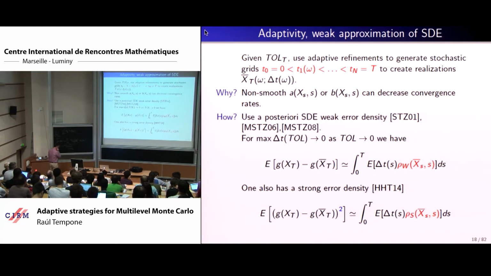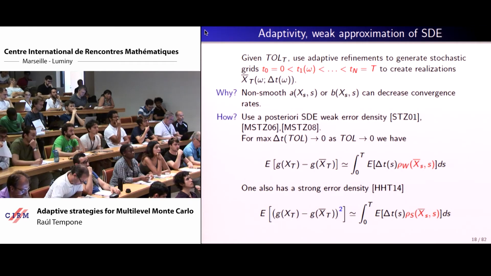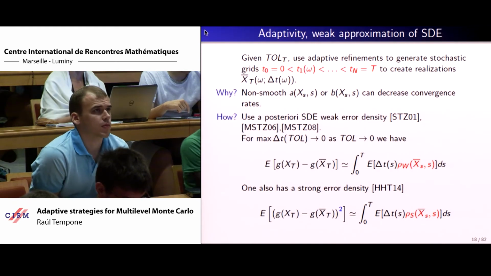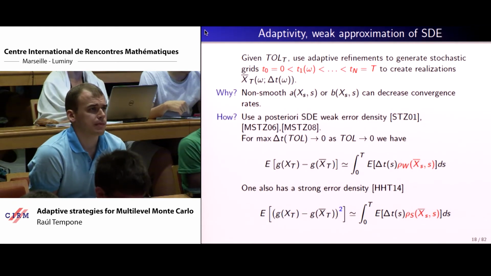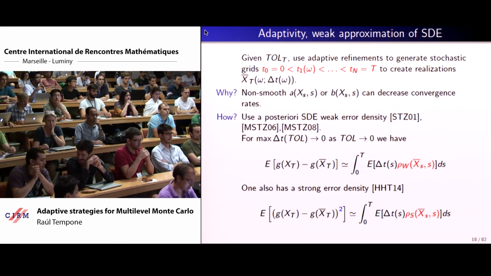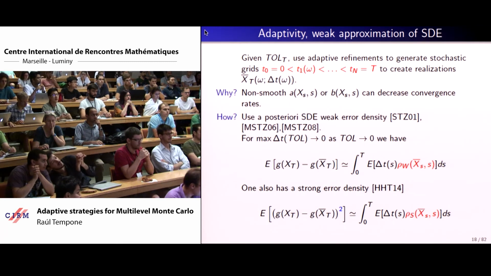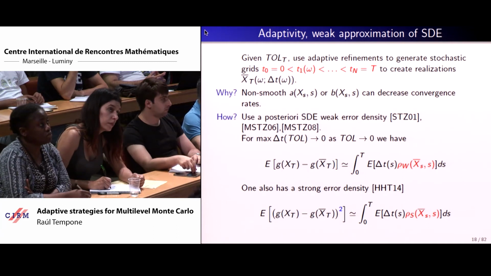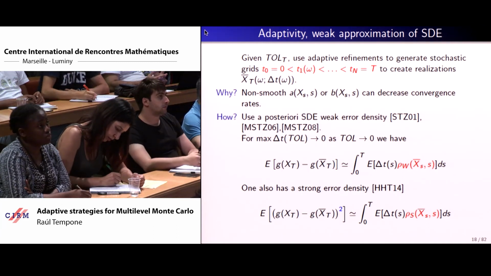Okay, and now you want to introduce adaptivity. So what is adaptivity in this context? In this context, adaptivity means the ability to choose the time steps non-uniformly. And this non-uniformly can depend also on omega. So the time steps such that t0 is 0 and the final time step is capital T are not going to be equally spaced, and they may adapt to omega because the dynamics of the solution may depend on omega in a dramatic way, maybe. So in this context then we will create realizations that depend on x bar, and depend on these meshes delta t of omega.